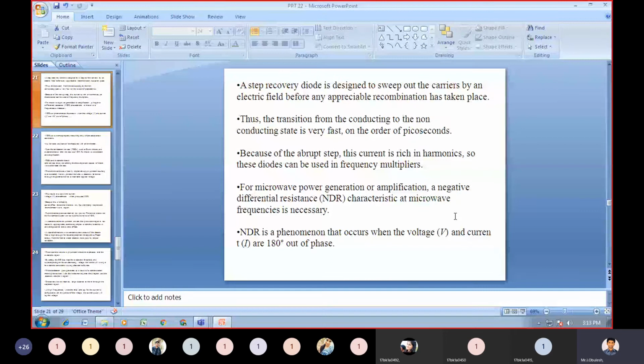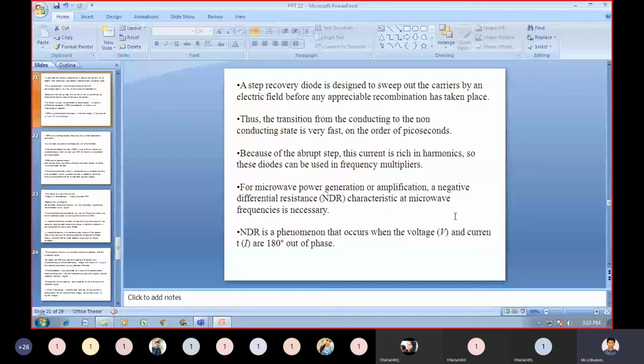A step recovery diode is designed to sweep out the carriers by an electric field before any appreciable recombination has